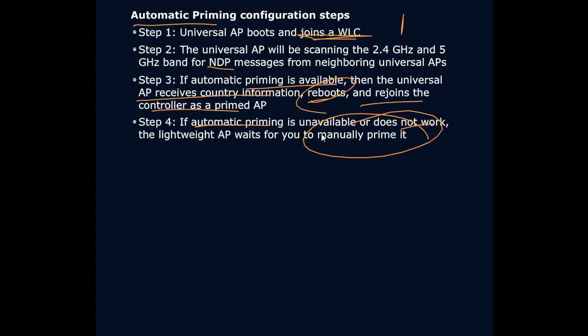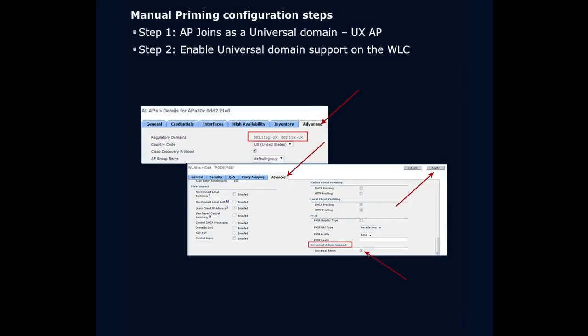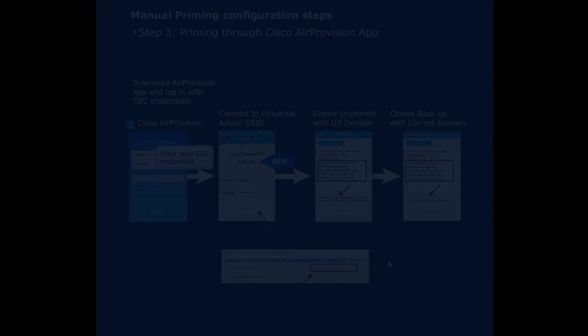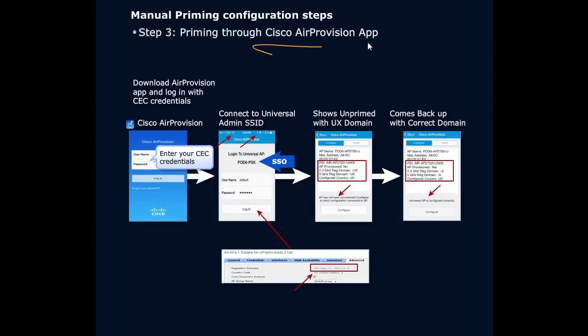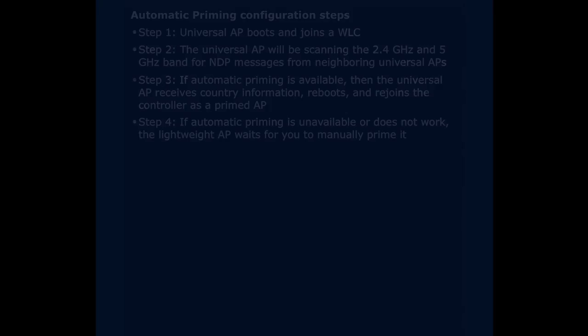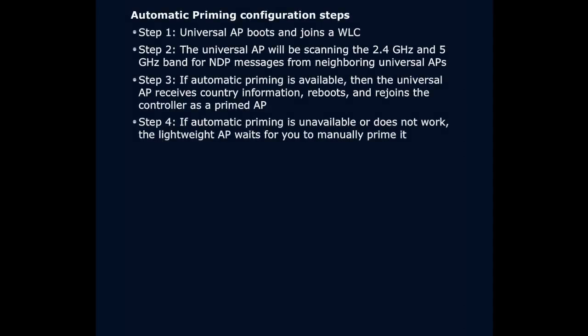Just get that Cisco app, the priming app. Let me show you again one last time what that is. It is called the Cisco Air Provision App. Okay. Once you have it on your device, you can use your mobile device to actually prime your APs. Once you prime one AP in your environment, automatic priming should take care of it from